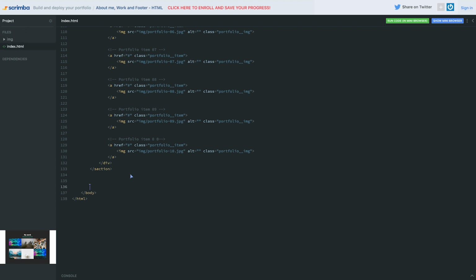And last but not least, footer. Awesome. We're right at the end. The footer is pretty straightforward. So we can do footer, close footer. And in here, we're going to have a couple of things. We need an href of mailto. I'm going to put hello at